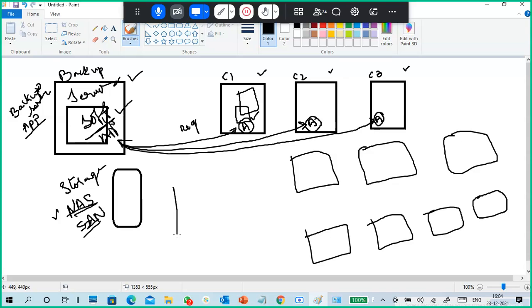I have to monitor all the devices like computers, laptops, servers, storage devices, routers, switches, firewalls, and all applications.